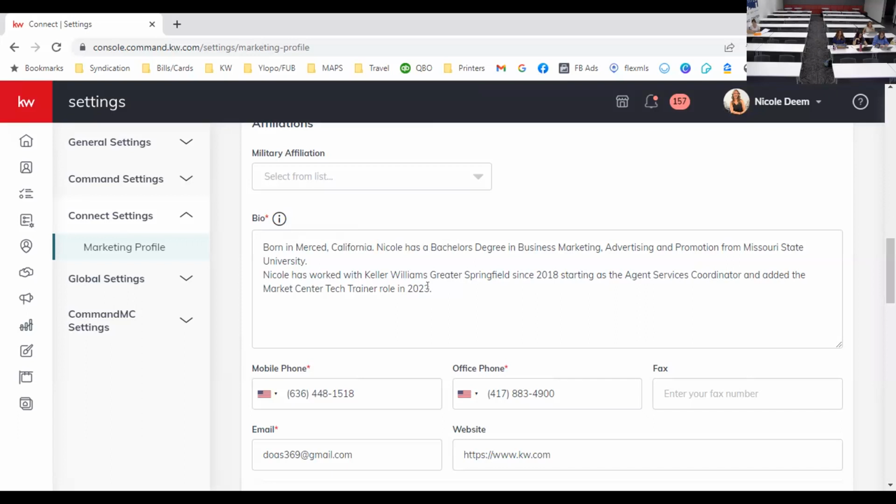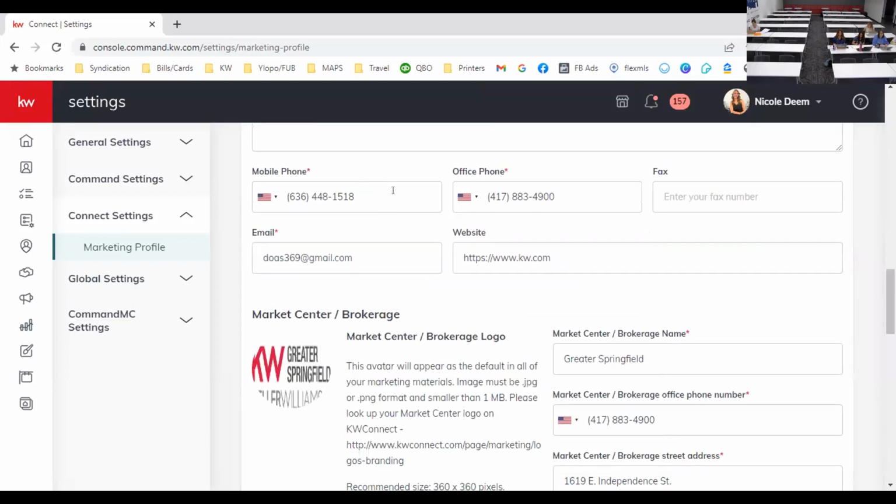Put, if you want to, how long you've been in real estate, or why you got into real estate, just something that's interesting. It's not a gigantic blurb, because I don't know how many people are going to read 17 sentences, so keep it short and sweet, but talk about yourself, brag about yourself, that's the point. Then we have our phone numbers, so I have my mobile phone here,